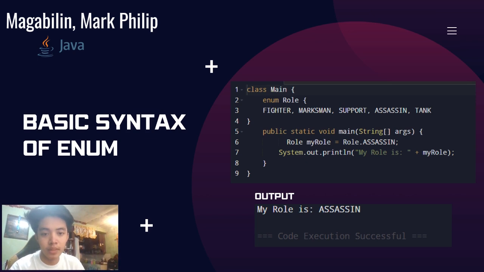The first line, class Main. This defines a class named Main. In Java, every application must have at least one class, and Main is the entry point where execution begins. The second line,